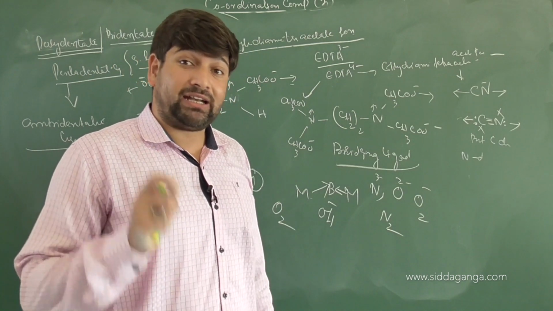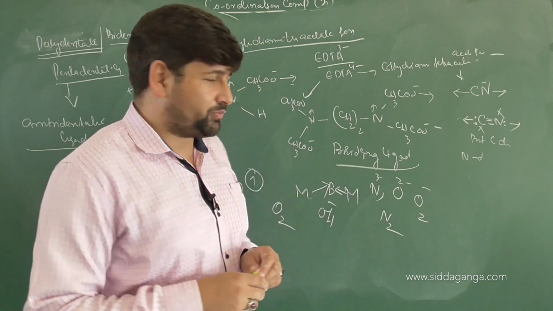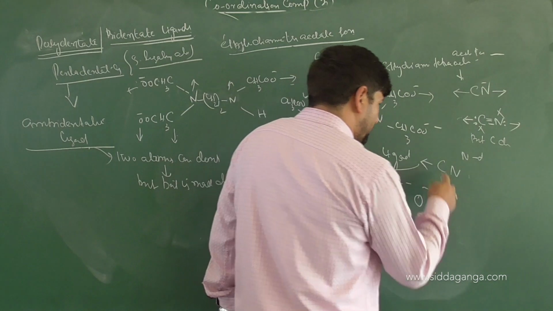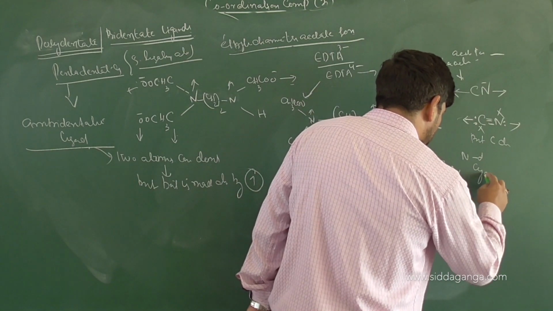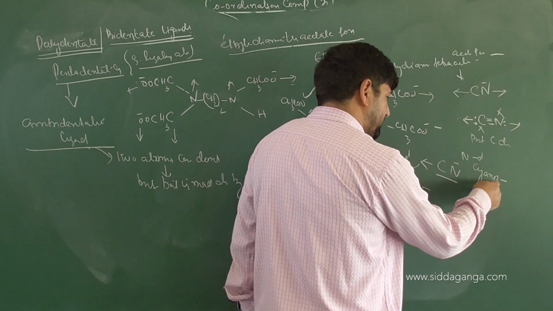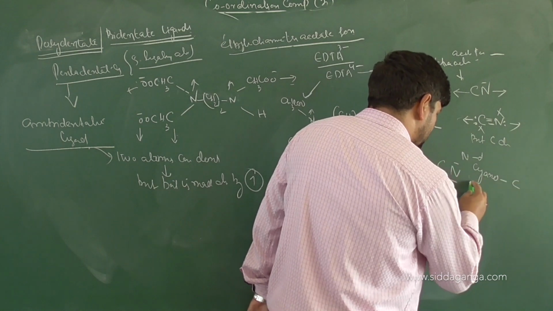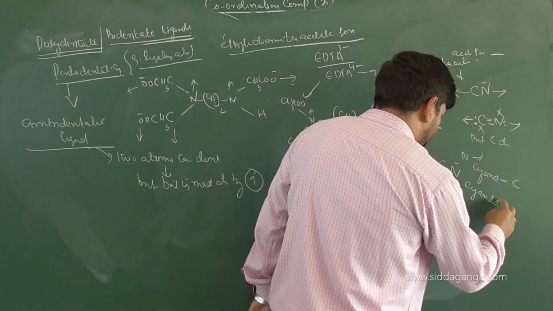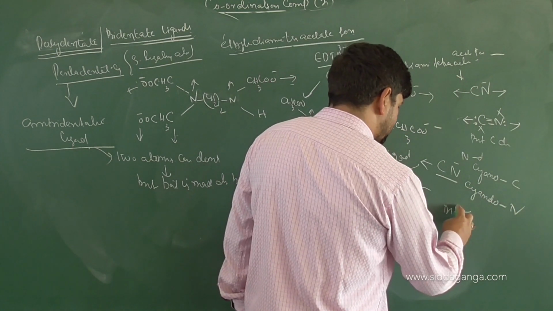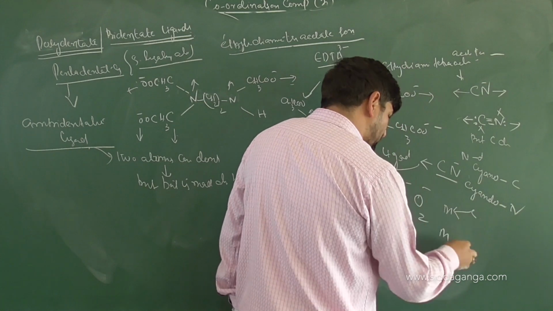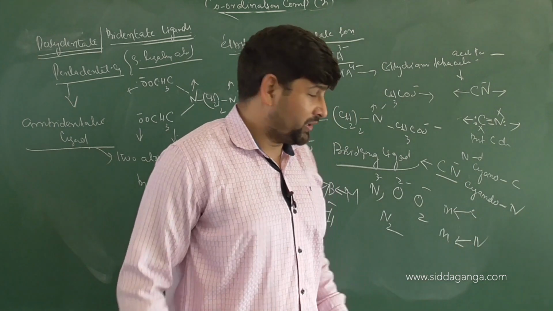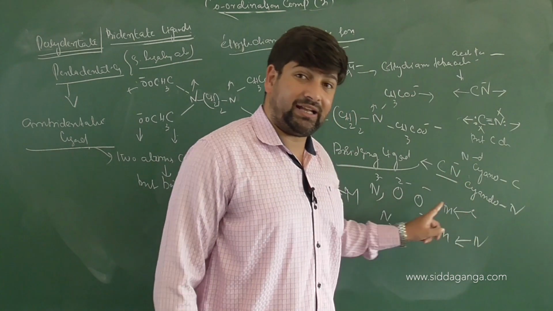And when there is an ambidentate ligand, we have isomerism coming into play. Let me tell you. So if you have CN, children, and donation is from carbon, we call this cyano, because this has a minus charge at the end. The name finishes with O. And if the donation is from nitrogen, it will be N. So children, the metal atom in one case is donated by carbon, and the same molecular formula is donated by nitrogen. Has the molecular formula changed? No. Only the attaching atom has changed. The ligating atom has changed.